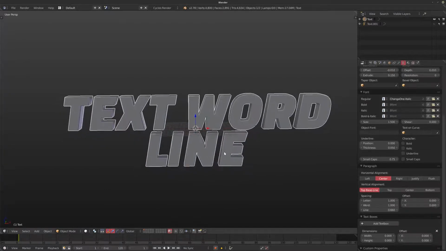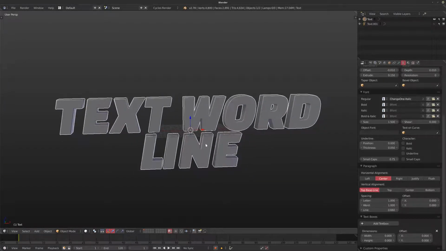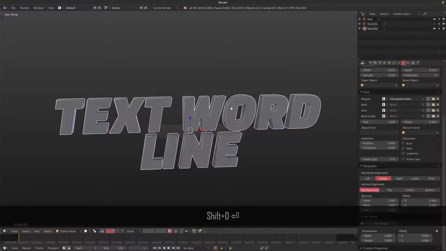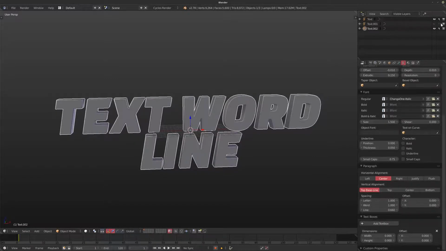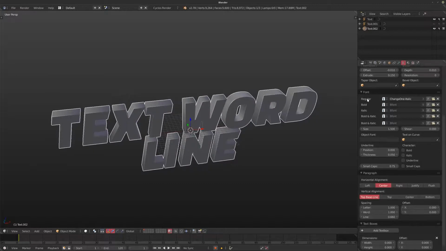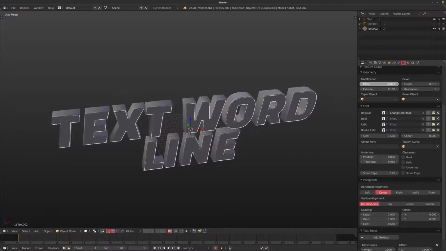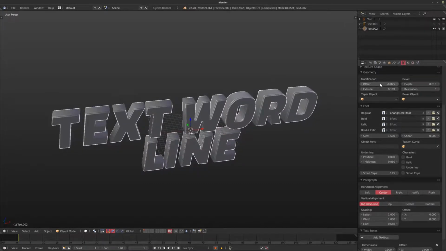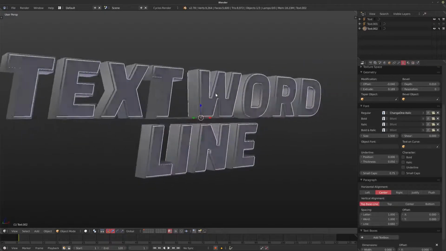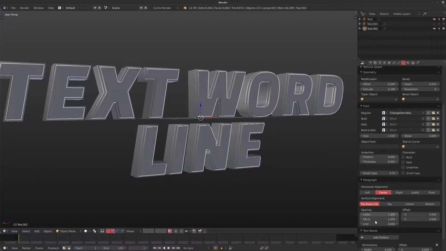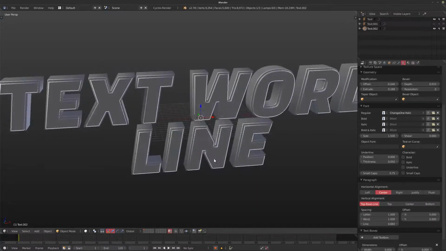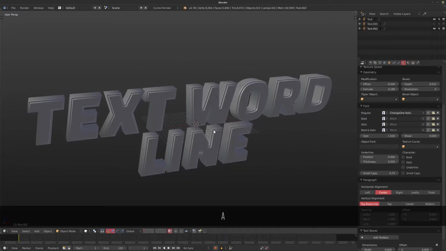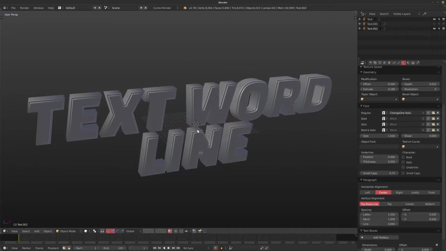And the cool thing is all of this still remains editable, and we could just duplicate it again once we're done and use the same trick as the previous text by bringing in the offset a little bit and bringing up the extrude a little bit, and now you get these really, really slick titles very quickly. You could actually even link all the parameters that you're animating from one text to another, but generally I'm not too bothered if it's just 1 or 2 words. I just do it manually very quickly.